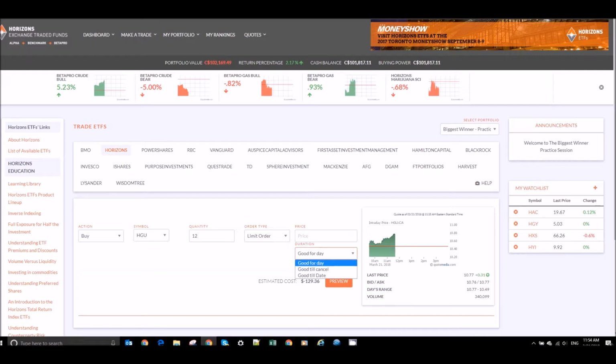just for today, meaning that if it does not execute before the next time the market closes, the order will automatically cancel. Good till cancel, which means it will automatically stay open until your limit conditions are fulfilled, or good till date, which means it will stay open until your limit conditions are fulfilled or it passes the date you've